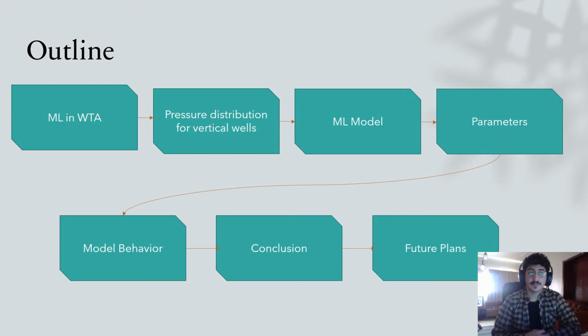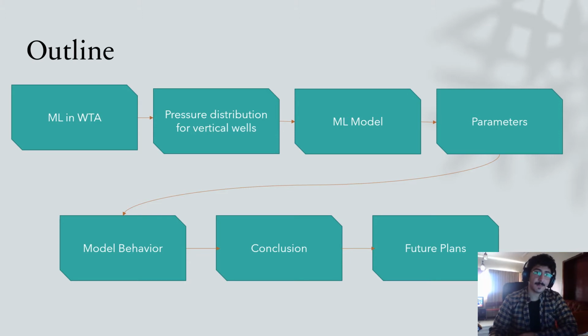The outline for the presentation goes as follows. First, I will talk about machine learning in general in oil and gas industry, and more specifically in well test analysis. Then I will talk about the simulated pressure distribution that we have obtained for vertical wells. And then I will also talk about the machine learning model that we will use in our case. Also, we will be assuming some parameters. I will also discuss those parameters. Moving on, I will be talking about the model behavior, and then I will end with a conclusion and my